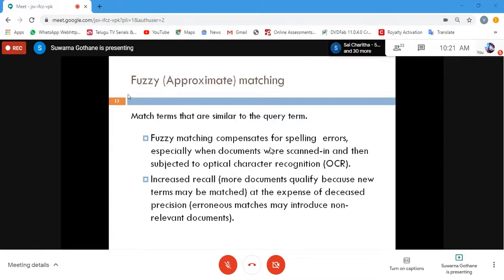So fuzzy matching is applicable whenever spelling errors are specified. If you are typing a word and a spelling error is identified, then fuzzy matching is applied.